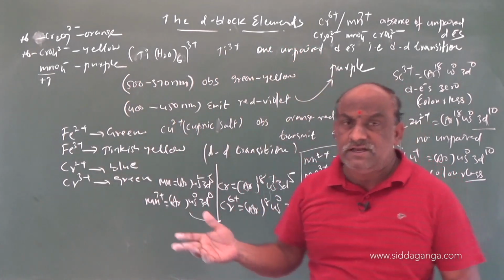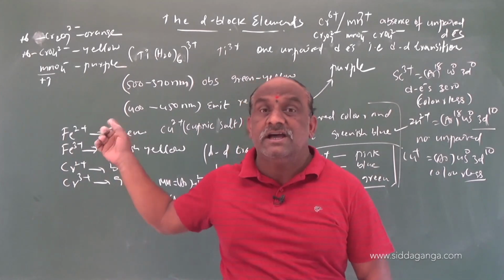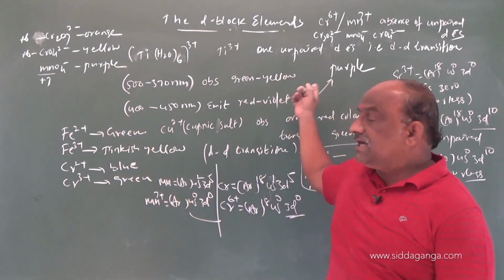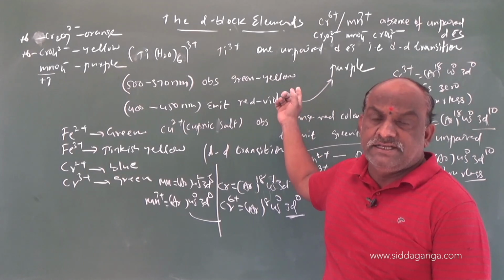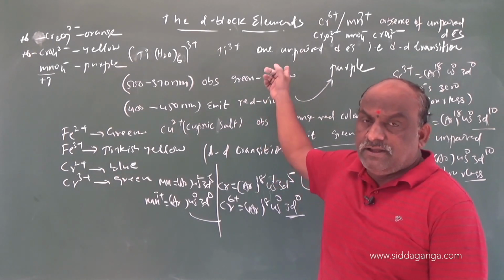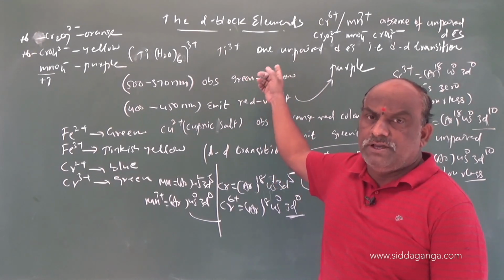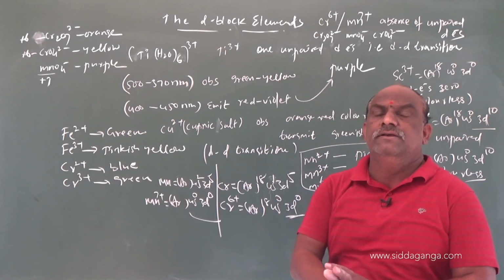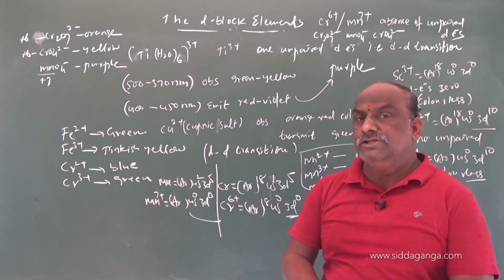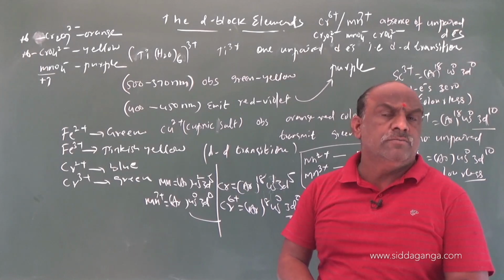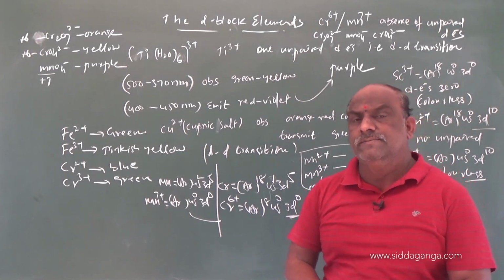Why is MnO4- purple? Here it is not d-d transition; here charge transfer takes place. Due to the charge transfer, MnO4-, Cr2O7 2- and CrO4 2- exhibit purple, orange and yellow colors. So my dear students, read the text.